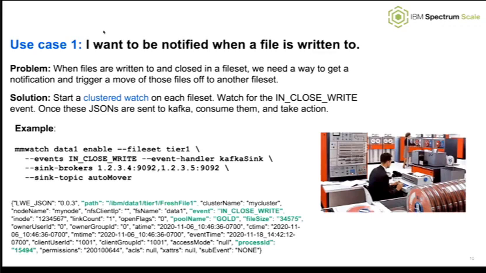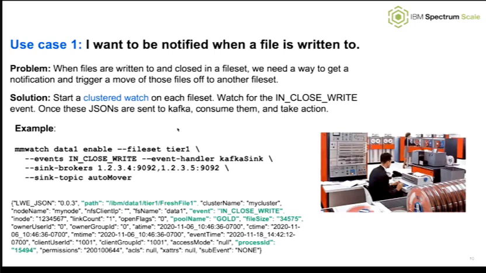In short, you could set up a clustered watch on, let's say, your Data 1 file system, and you can enable it to just watch for file set tier 1 in this example. Here we'll have file set tier 1, for the sake of this example, map to a pool of storage that's say SSDs or NVMEs. So it's your fastest tier storage. What you want to do is be able to be notified when an event hits this file set and move it off to a different file set as soon as it's saved.